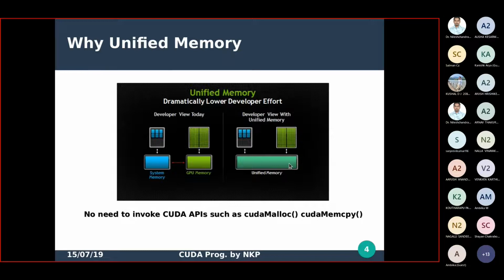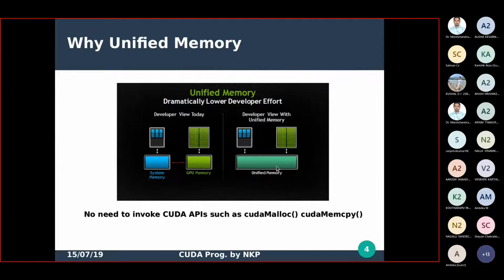Again, it is just a logical view. Practically, if you see at hardware level, both the memories are different, right? But logically, it is giving a picture that we are having only one memory, and that is common for CPU as well as for GPU. Of course, both the hardwares are different, but the logical or programmer's view is like that. For the programmer, there is no difference between CPU memory and the GPU memory, and that's why it is called unified memory,